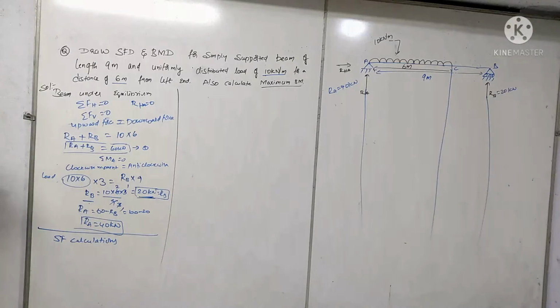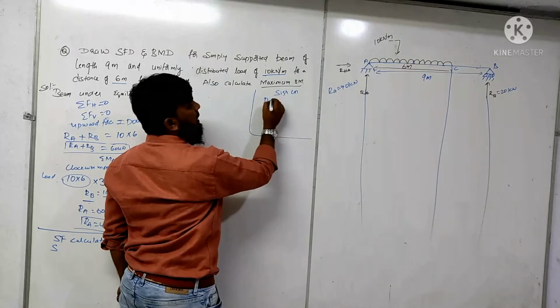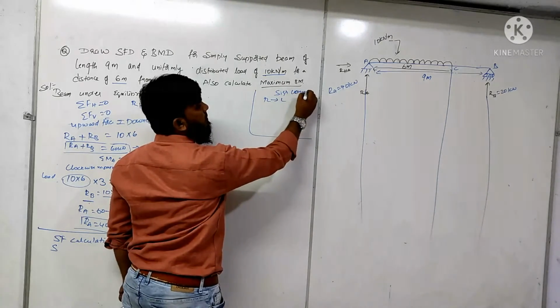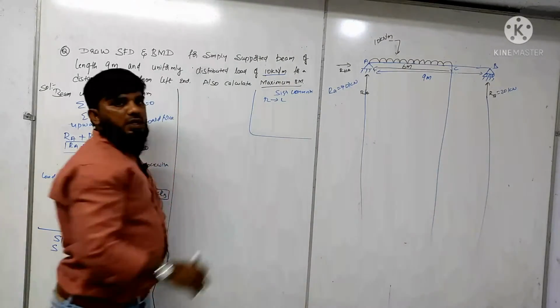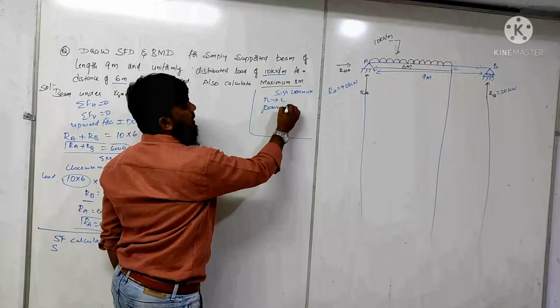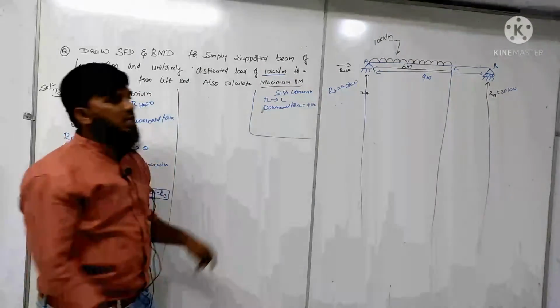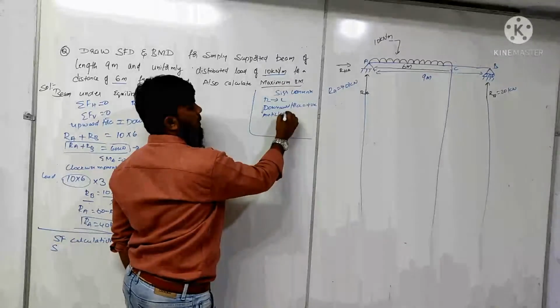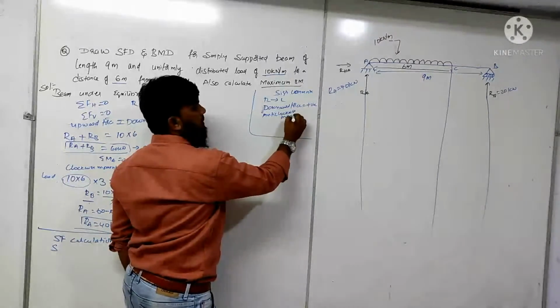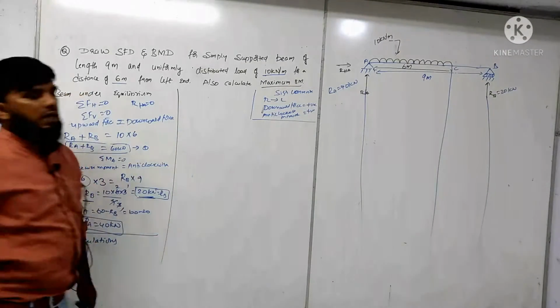For SF calculations, you have to come from the right corner. What is the sign convention? Let us write the sign convention at this point. Right to left, upward force is taken as upward, downward force should be taken as downward force. You keep on writing this, you will get practice, and in the end you will memorize it easily. Next, anti-clockwise moment is equal to positive. Done? So this is your sign convention as of now.